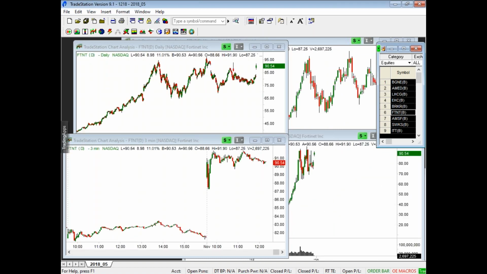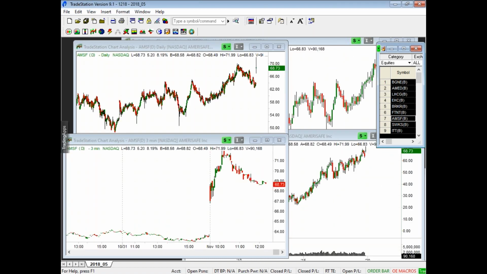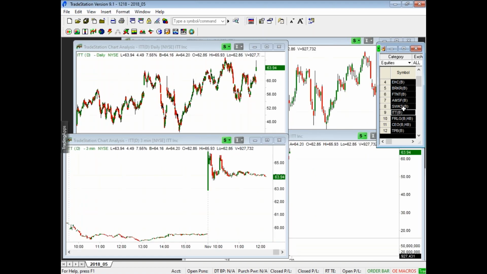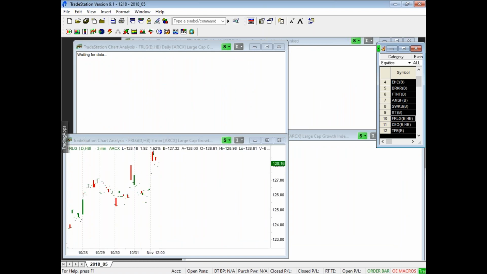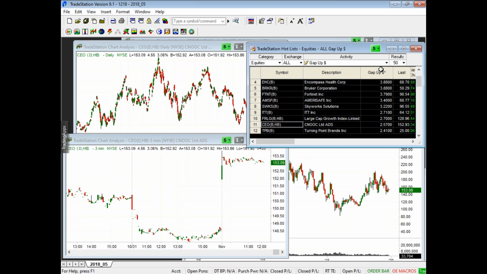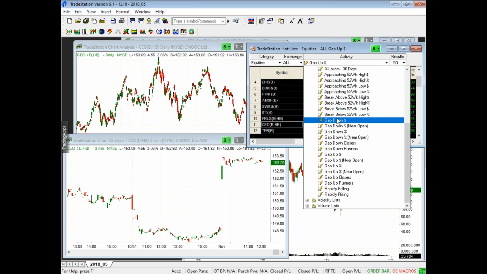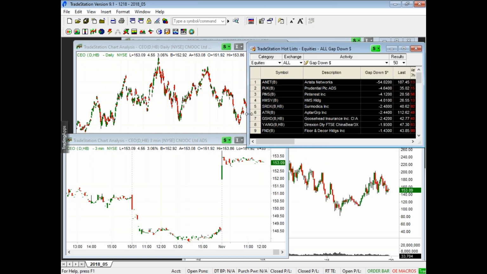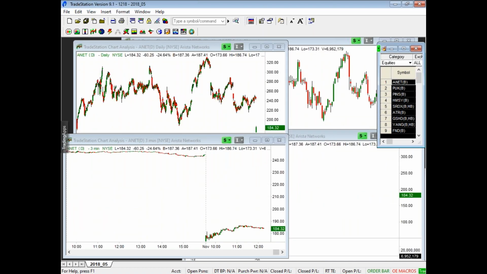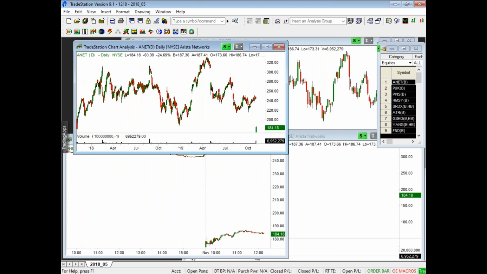Let's see if I can show you another example of it. I might look for one on the downside, see if I've got some downside gappers that might be doing it for you. Open this up here. So here's